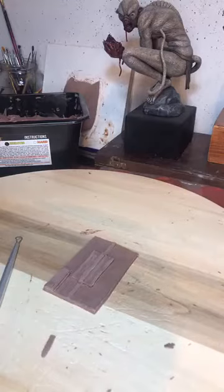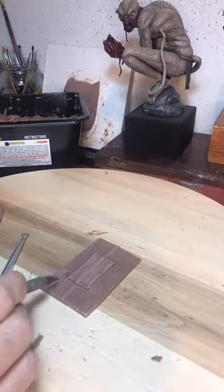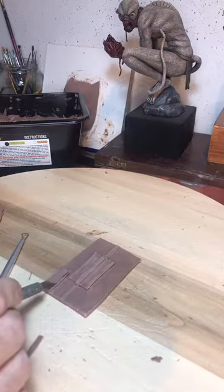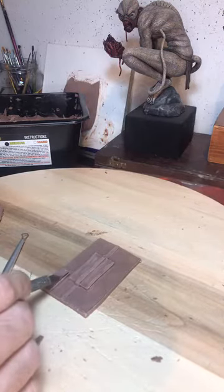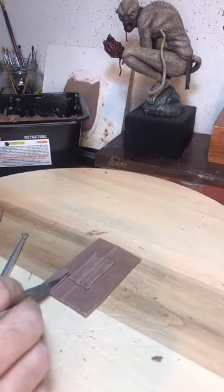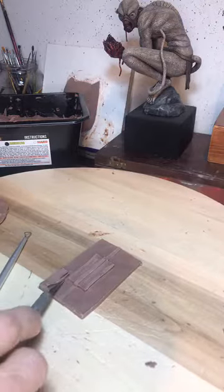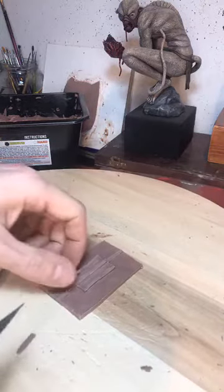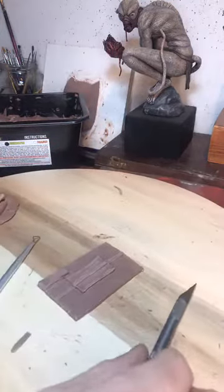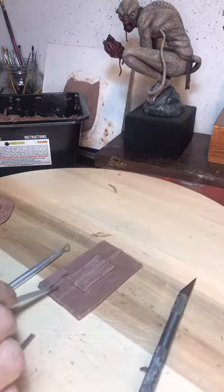So let's just emphasize that little groove a little bit more there. So I'm using the back of the blade. In fact, you know what? I'm just going to remove that bit. That was the original idea anyway. We'll just pick that out, and then just try and tidy it up a little bit,